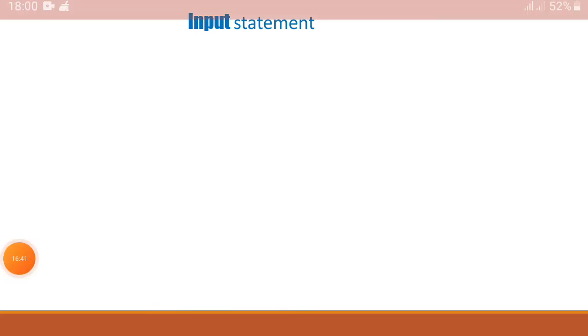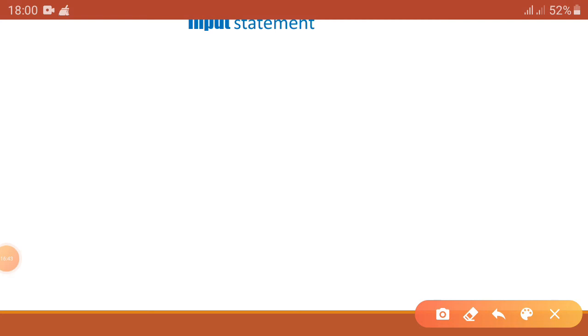So now we are taking the INPUT statement. Now it is the INPUT statement. So what is the INPUT statement? Actually, the purpose of the INPUT statement is to get one or more values from the user. Okay, when the program executes the INPUT statement, it displays a question mark and waits for the user to type one or more values. Okay, so if one variable follows INPUT, the program expects only one value.